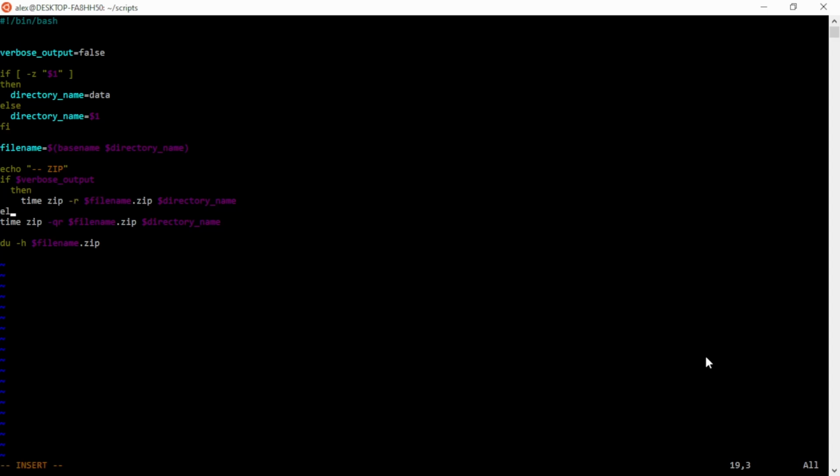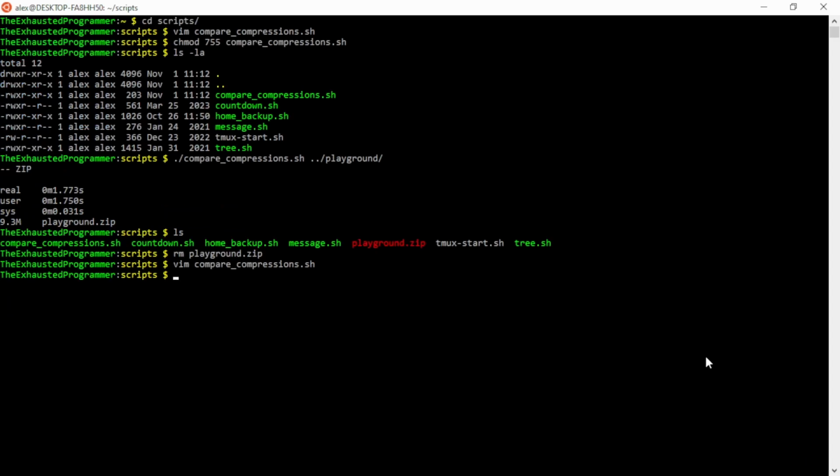Else, if it is false, we'll run the quiet version, and then we have to tell it we're done with the loop. And then for readability of the output itself, I like to have a little blank line so that it'll put a new line in and separate the different outputs. So now if we run this,